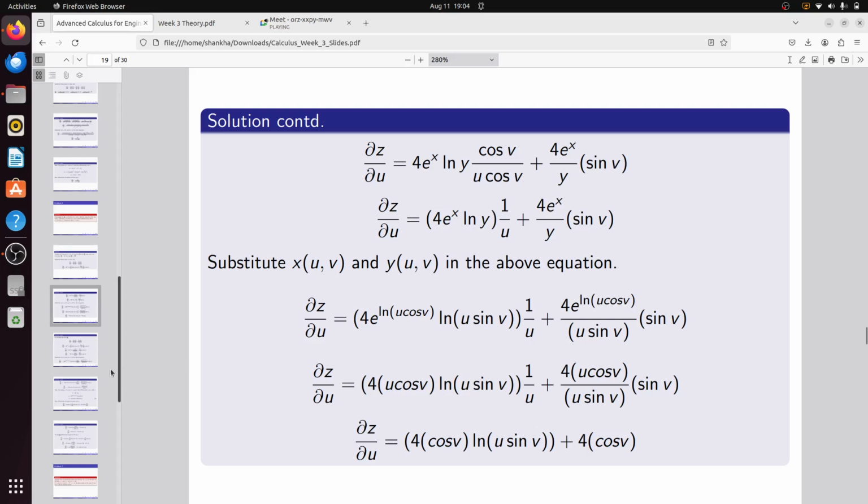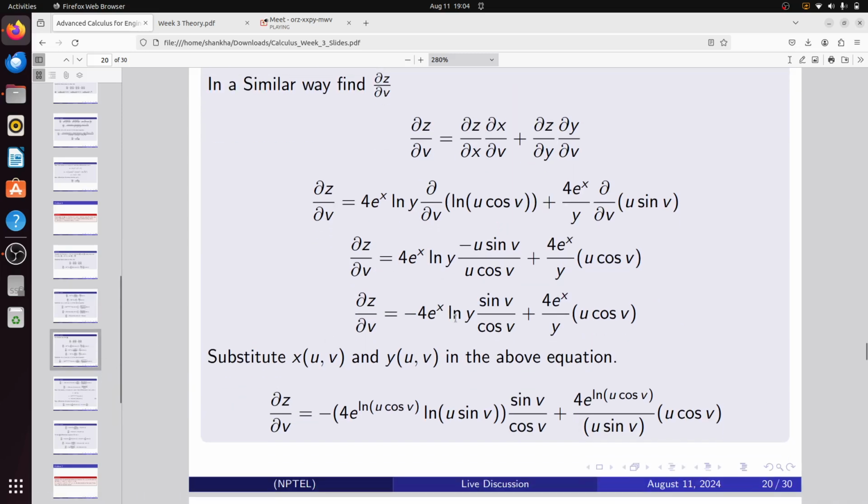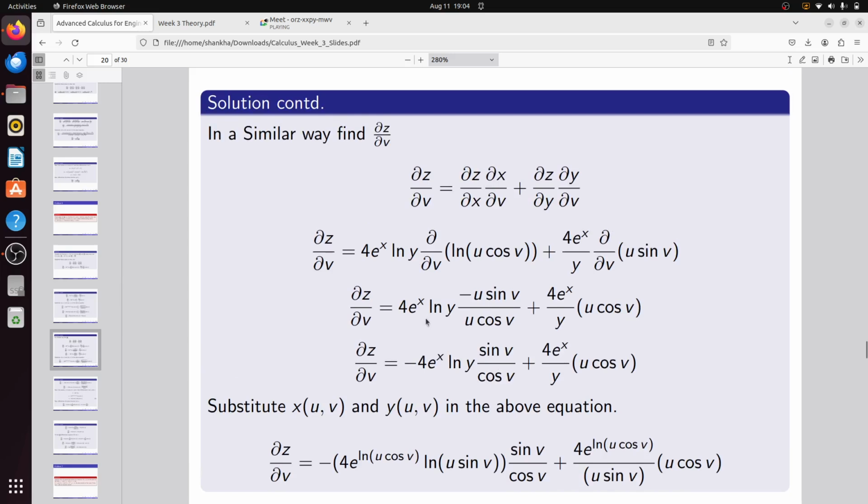Yes. Okay. So till now, for my online friends also, I am putting there is del z del u, you need to determine del z del u. You have x and y in terms of u and v. So you just use the chain rule for partial derivatives, and that is how, by substituting those values one by one, you can determine del z del u. Now in a similar way, try to find del z del v.